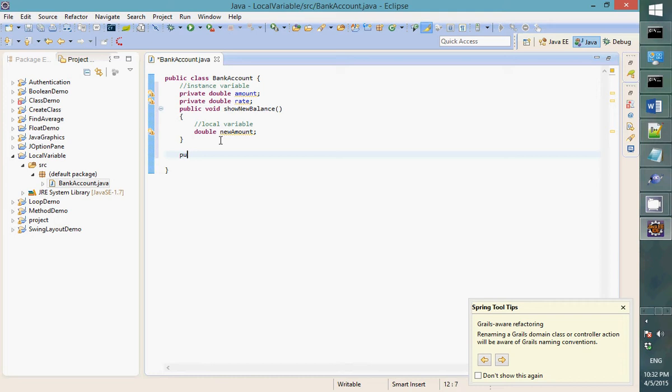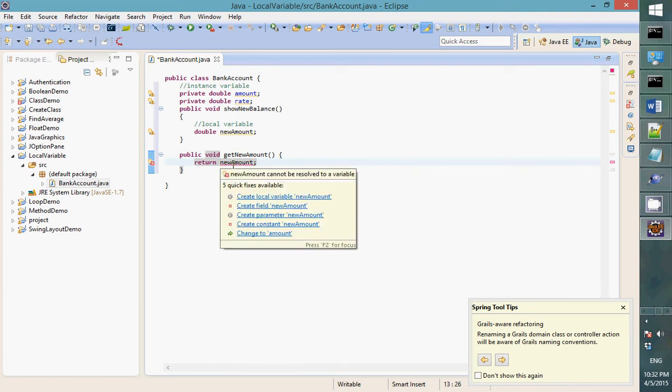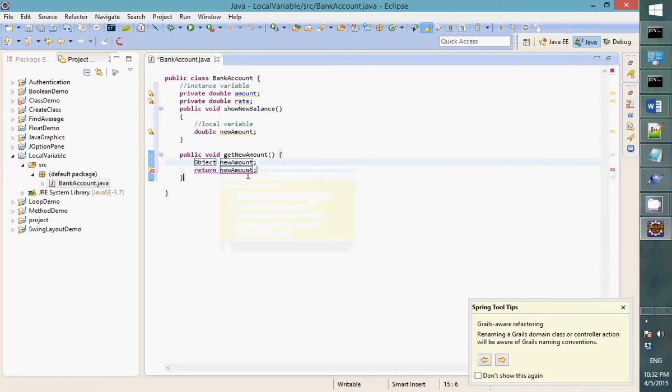Okay, so for example, we have a method named print new or get new amount, in which I try to return new amount. You may see there's an error. This error says new amount cannot be resolved to a variable because it doesn't know it. Okay, it suggests that you need to create a local variable named new amount. If I click on this, it just creates another